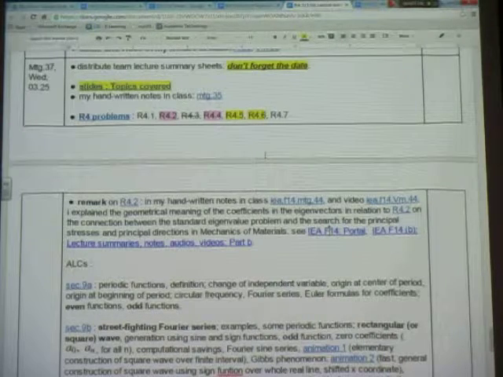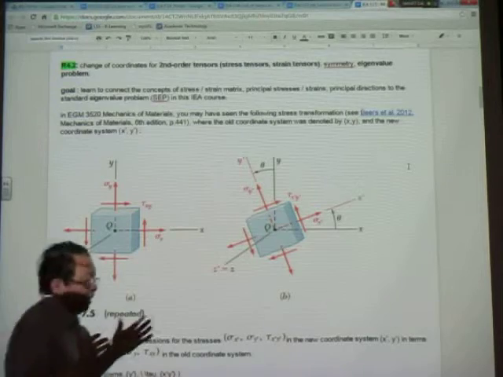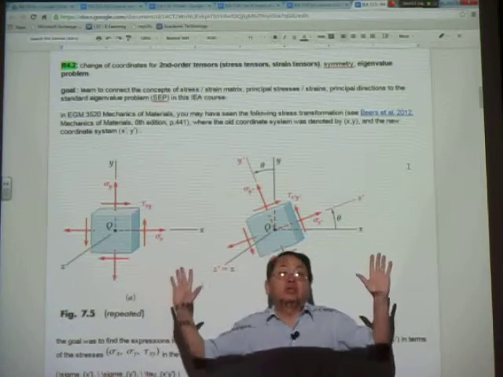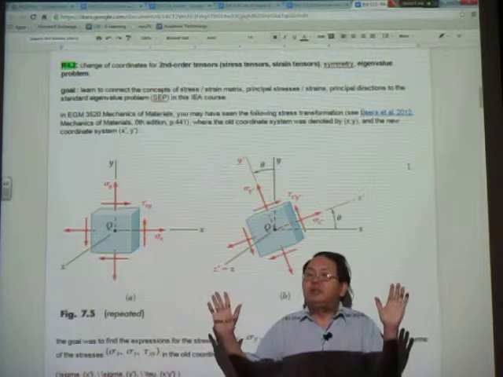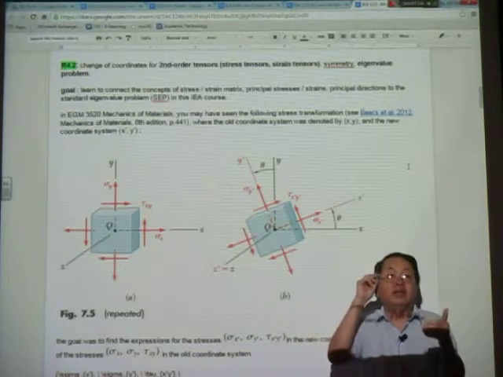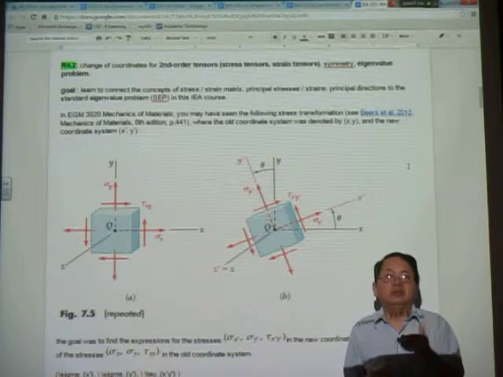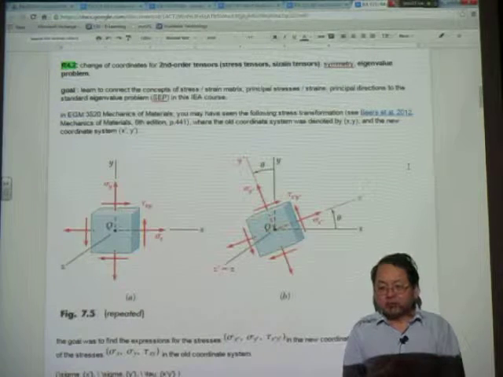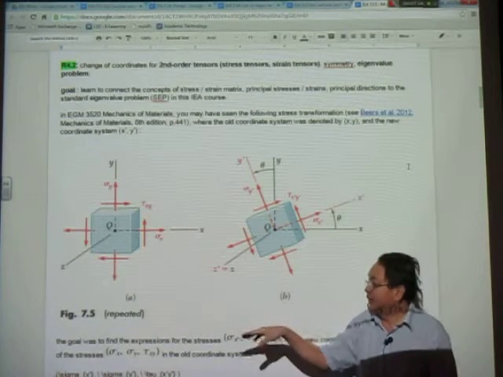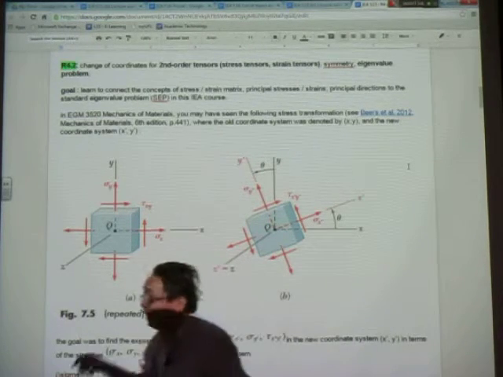And with that, I'd like to make a comment on problem 4.2, which I already mentioned last time. So this is to make a connection. This is a big picture here also. To make a connection between the standard eigenvalue problem and mechanics of materials, particularly the search for the principal stresses and the principal direction. As I mentioned, you have the solution guide, so I'm not going into the detail,